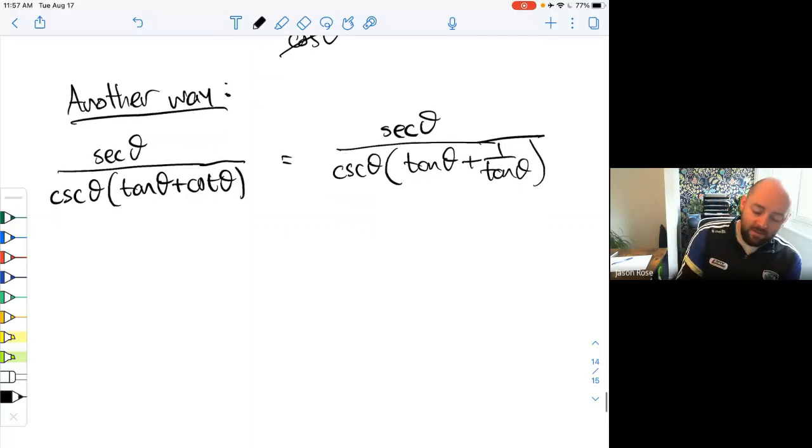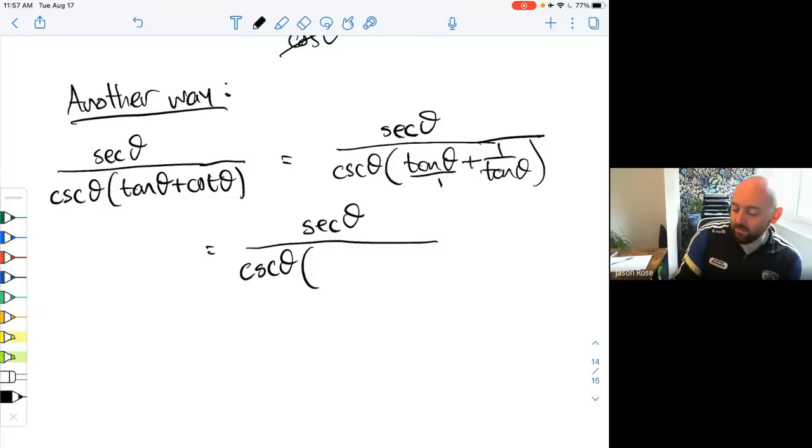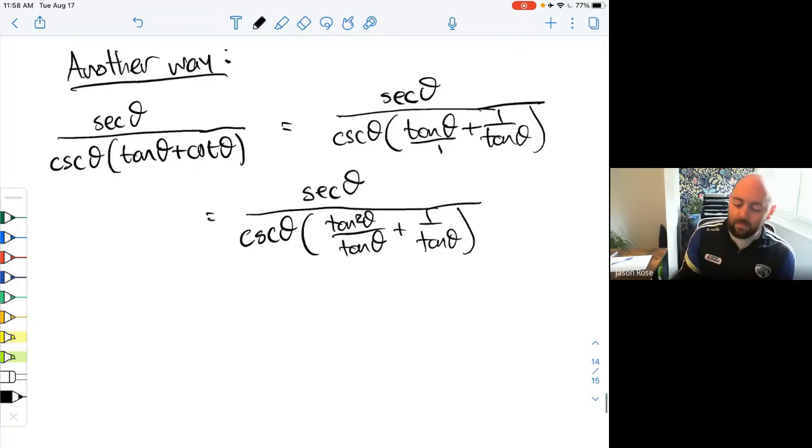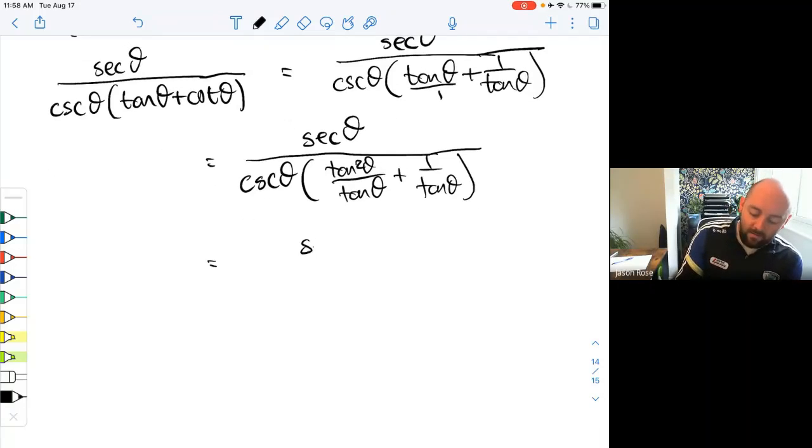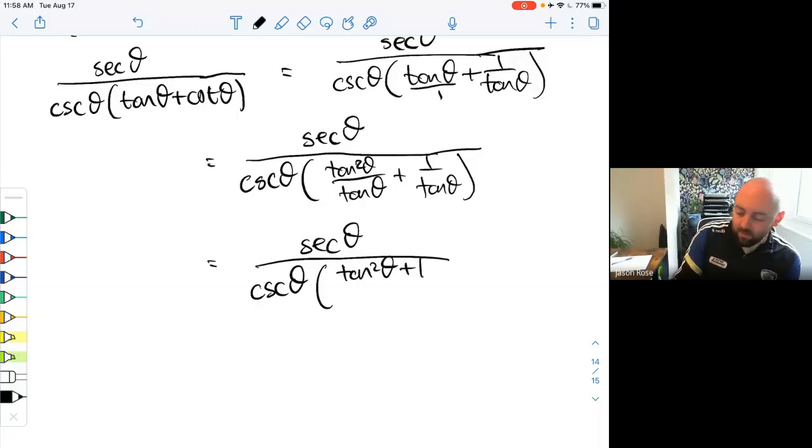And then you might say to yourself, well, let's try and add those into one fraction, not have that be two different things, tan plus 1 over tan. You might say that's kind of like tan over 1, so it's the same thing as tan squared over tan. And then you have secant theta divided by cosecant theta multiplied by tan squared plus 1